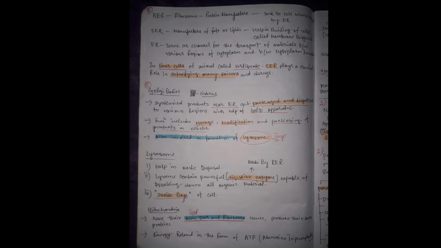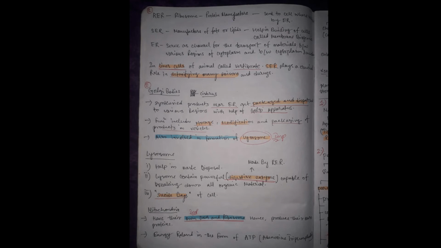The endoplasmic reticulum is a large network of membrane-bound tubes and sheets. There are two types of endoplasmic reticulum. First is rough endoplasmic reticulum and second is smooth endoplasmic reticulum. Rough endoplasmic reticulum looks rough under a microscope because it has particles called ribosomes attached to the surface. And the ribosomes, which are present in all active cells, are the sites of protein manufacture. So we can say that the function of rough endoplasmic reticulum is protein manufacture.